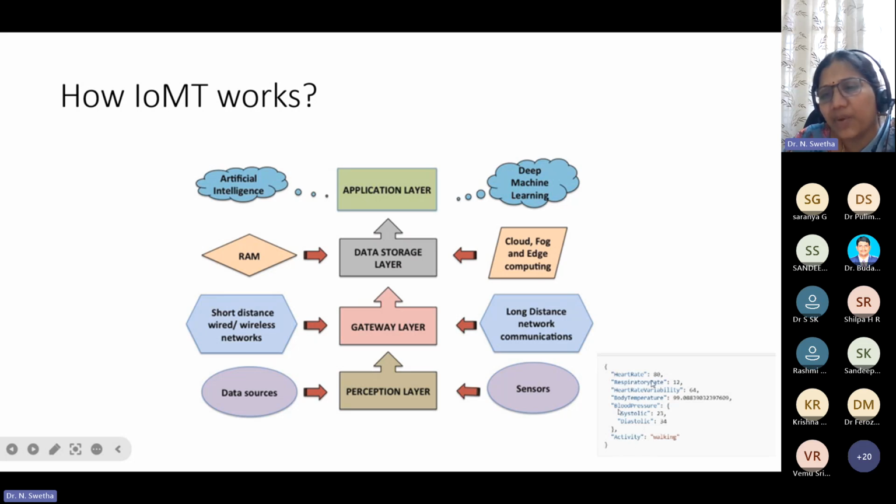Here you have the heart rate, respiratory rate, heart rate variability, body temperature, and blood pressure. In that again, diastolic and systolic 23, 34. So these are the vitals which were given from various sensors, and from there, it is given to the perception layer. The perception layer is called the data collection layer, because in some cases, now, if you see